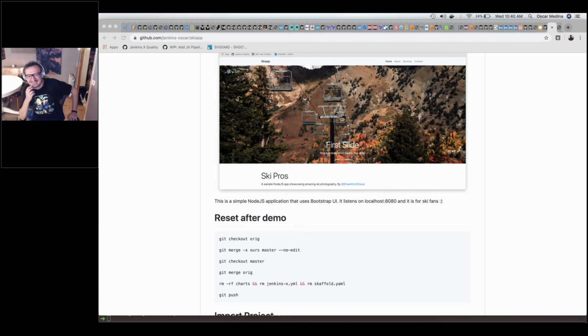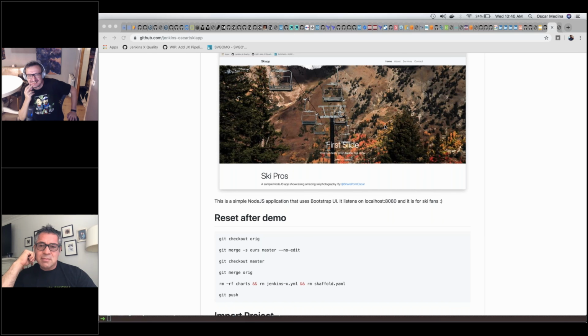So how did, during the demo, Oscar, how did Jenkins X know your GitHub credentials? Where did you set them up? So when you install Jenkins X on top of the Kubernetes cluster, which you could create with Terraform and your other practices,